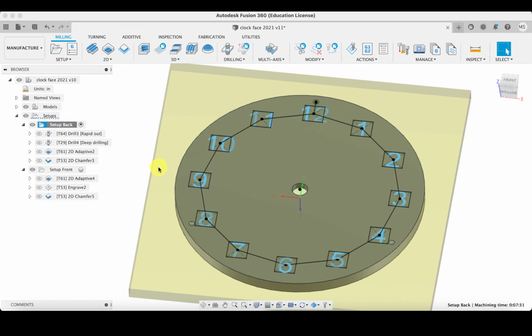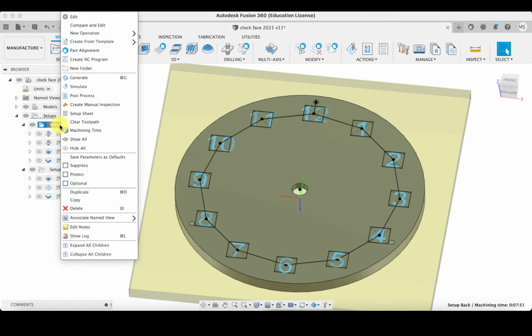Alright, in this video we are going to post-process the NC code to mill the clock face. So we have all of these operations in Fusion 360, but we need to get the NC code to load on the computer that runs the CNC mill. So here on Setup Back, that's the first one we want,